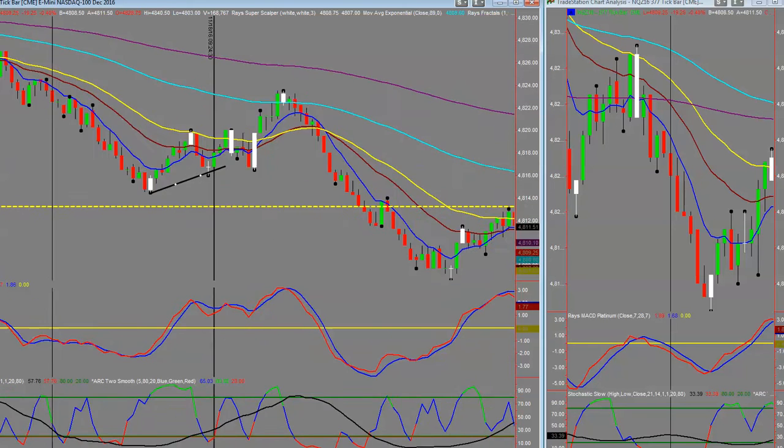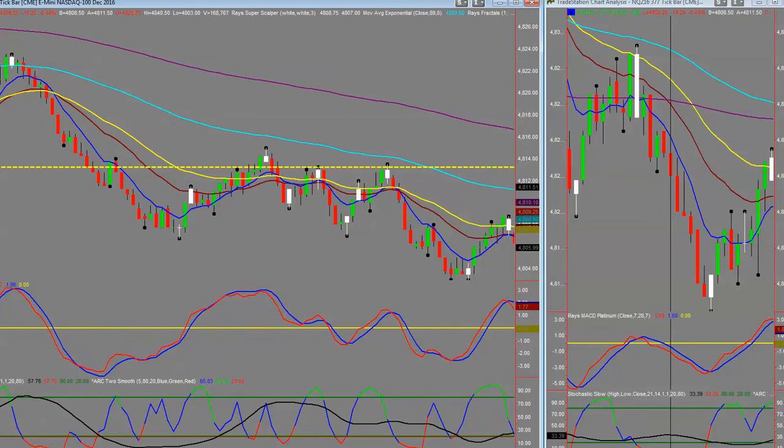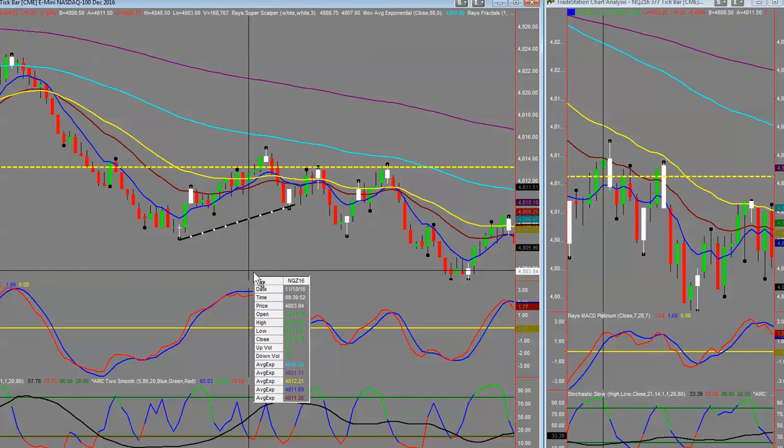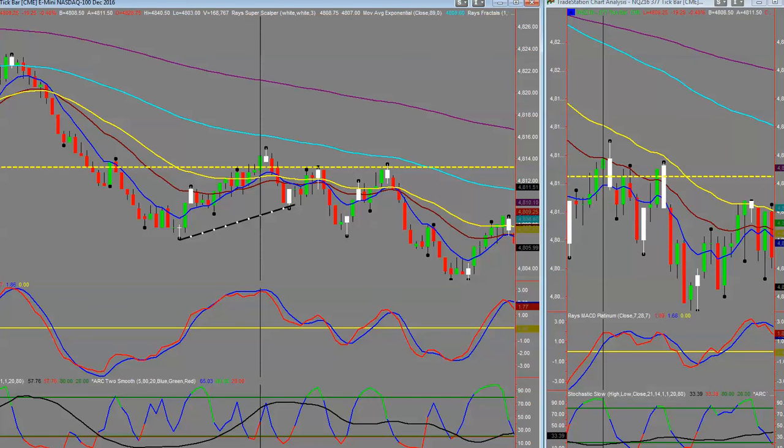Now let's just scroll along and find some others. Here we've got one right here that doesn't work out. Right there we actually had a T10. Notice how the long-term stochastic has come up, short-term's kicked down, come up, and you would have been stopped out on that particular trade. Likewise, this one here,